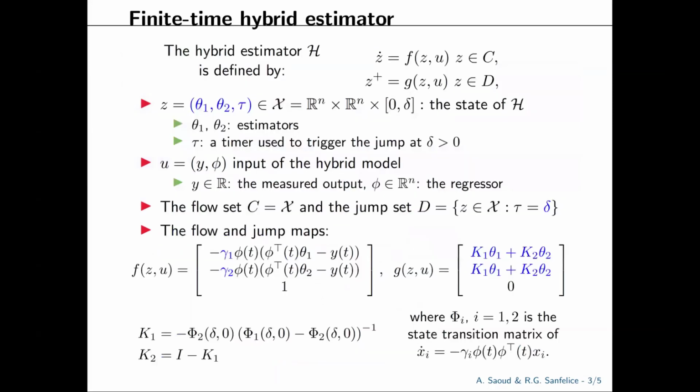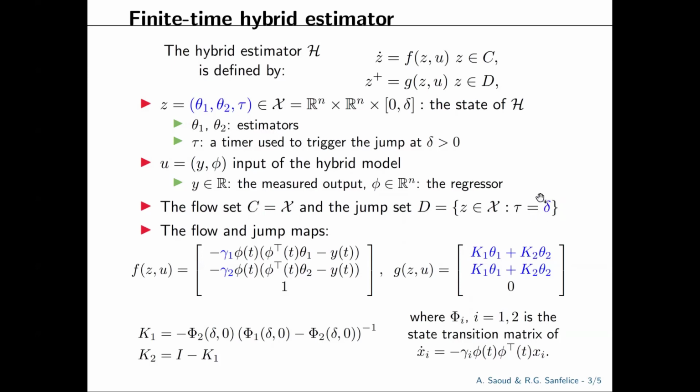So in this work, we propose a hybrid finite time parameter estimator. So the estimator is described as a hybrid system. The state of the system is made of two parameter estimates, theta 1 and theta 2, and the timer tau. The flow and the jump sets C and D are constructed in order to trigger a jump whenever the timer tau is equal to delta, where delta is a